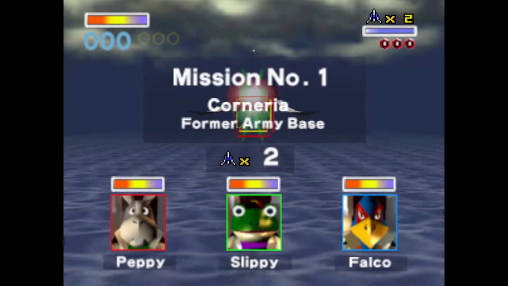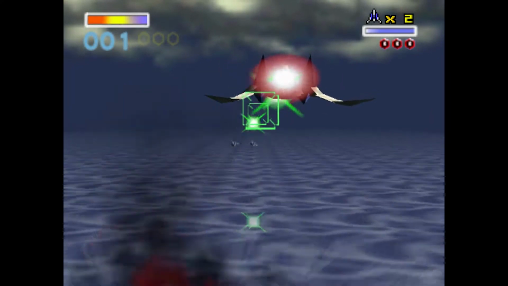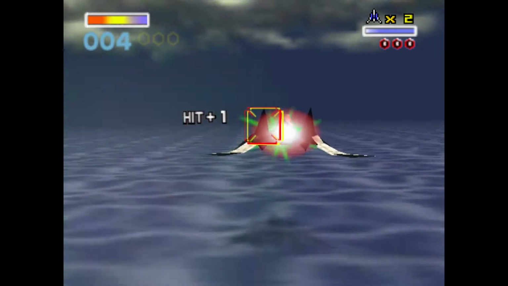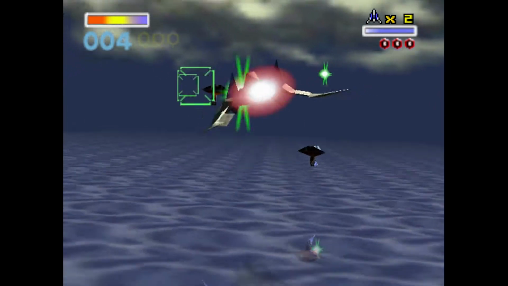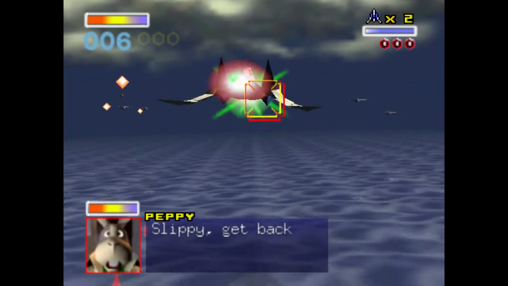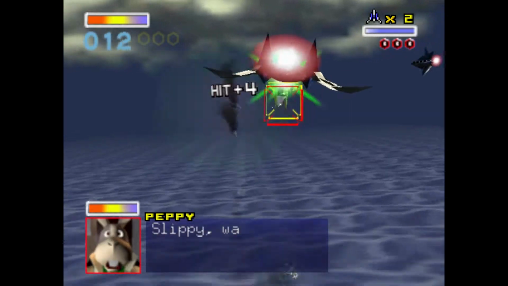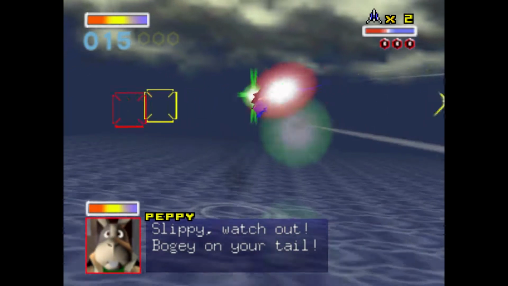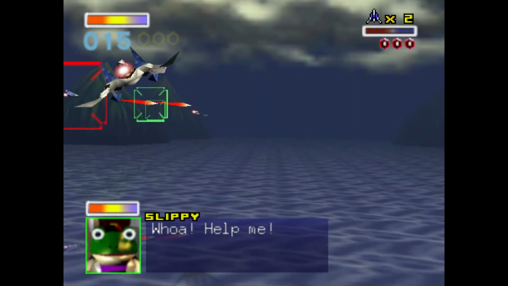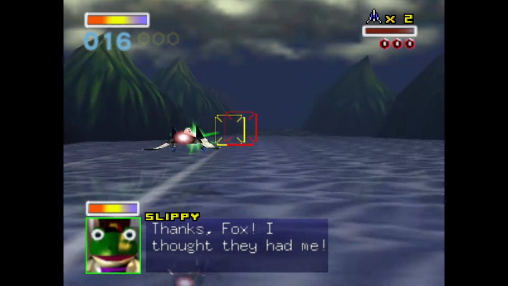So this is it, our first level of the game, Corneria. To go over the basics of the controls here, you go ahead and press the A button to shoot, and if you hold down the button, you can go ahead and do a charge shot. Charge shots are your best friend in this game, simply because not only do they lock on the enemies, but they also can give you batches of points. So if you kill multiple enemies in one shot, then you get an extra score added to your overall score